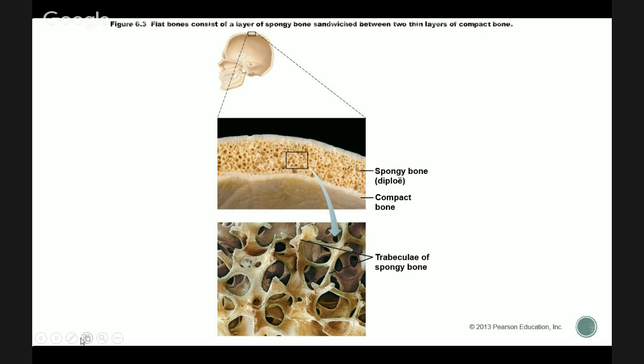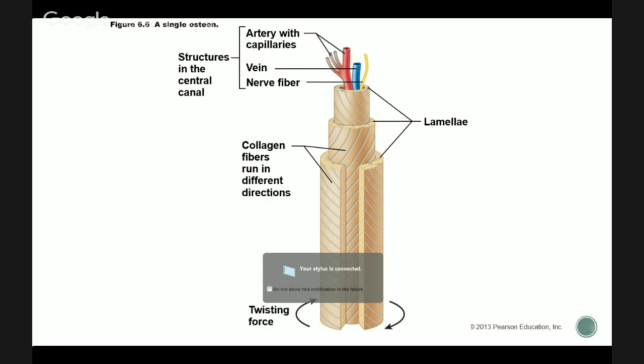And the bottom is a closer picture of the actual spongy bone. Remember those little bits of bone that look stringy, or were described as sort of like baked bread? That is what we call trabecula. We call those the trabecula of the spongy bone. All right, so